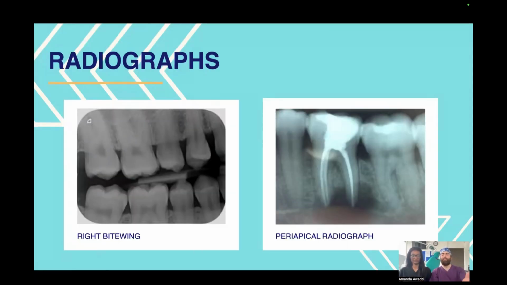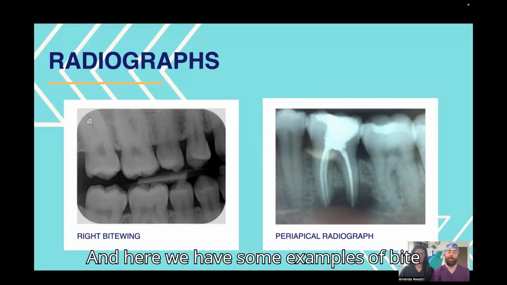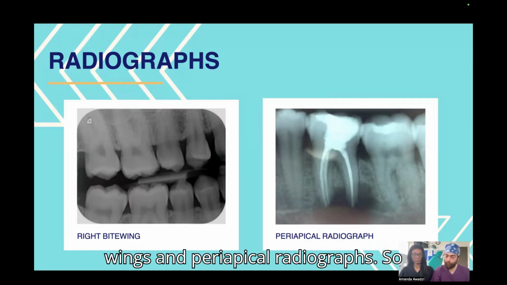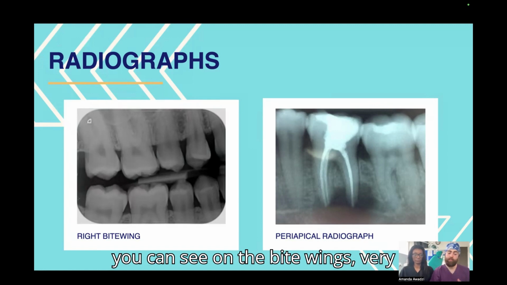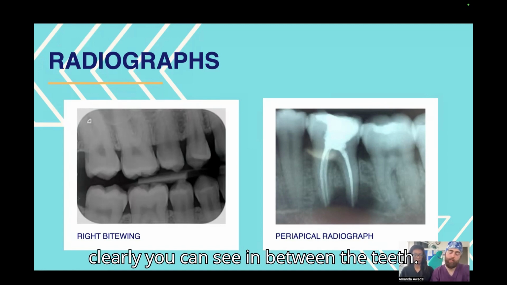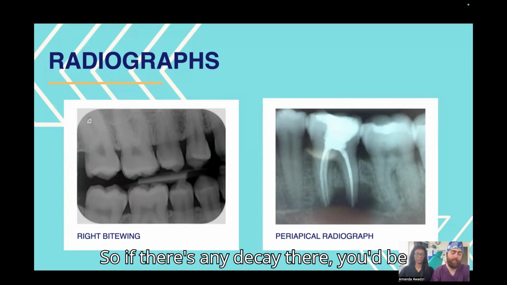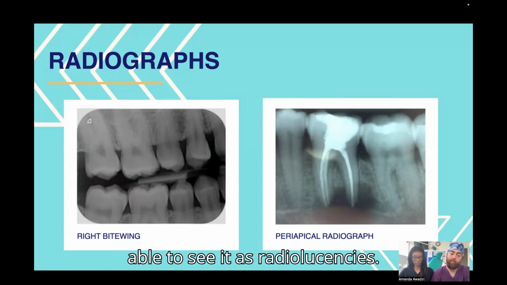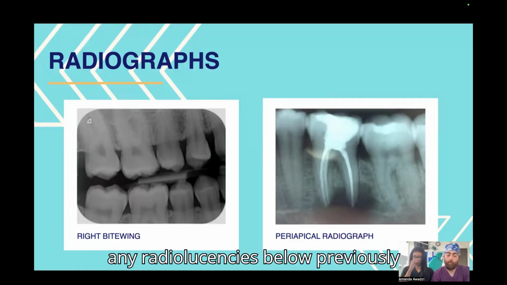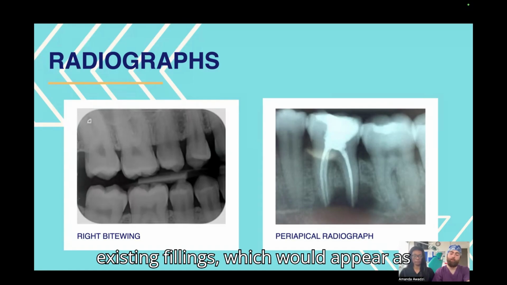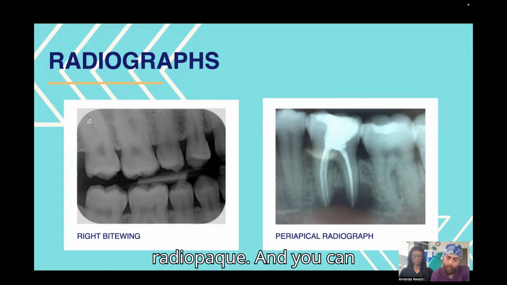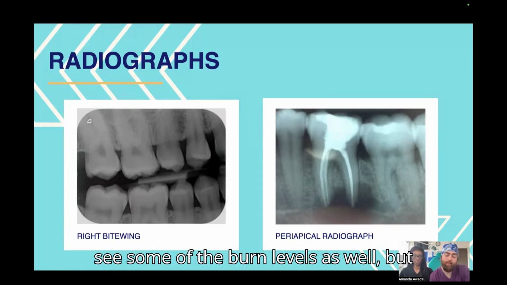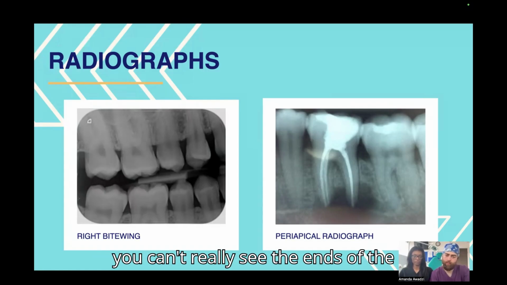And here we have some examples of bite wings and periapical radiographs. So you can see on the bite wings very clearly in between the teeth. So if there's any decay there, you'd be able to see it as radiolucencies. And they're quite good at seeing if there's any radiolucencies below previously existing fillings, which would appear as radiopaque. And you can see some of the bone levels as well,